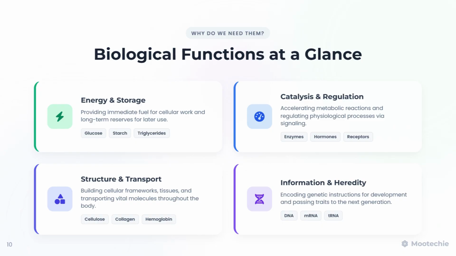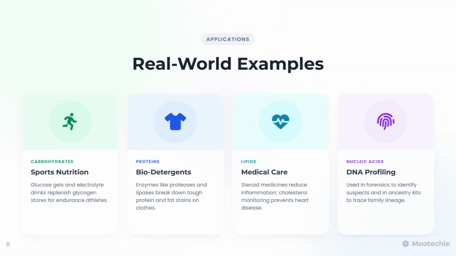Now, let's connect this to the real world with some applications. For carbohydrates, think of sports nutrition. Glucose gels and electrolyte drinks are used by endurance athletes to quickly replenish their glycogen stores. For proteins, consider biodetergents. These contain enzymes like proteases and lipases that naturally break down tough protein and fat stains